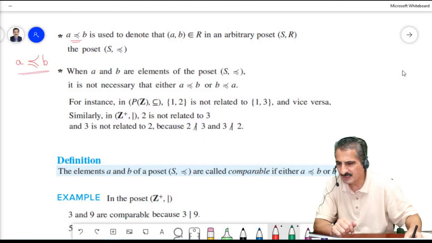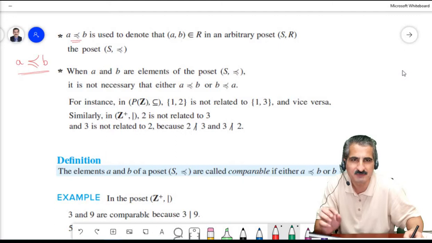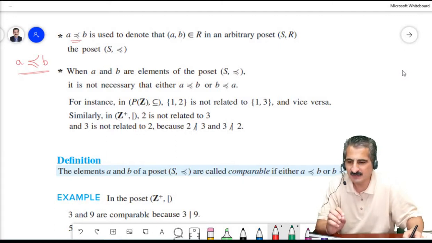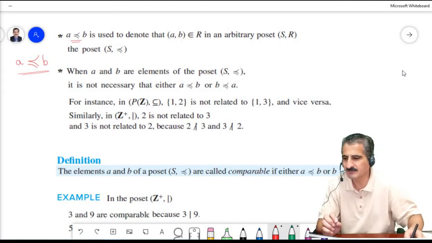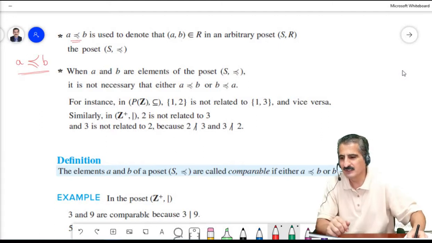So we will read it "less than or equal", but we will not really mean the less than or equal we know between integers, because this can be between subsets. It might refer to inclusion. It might refer to division. Okay, so we will say A less than or equal B is to denote